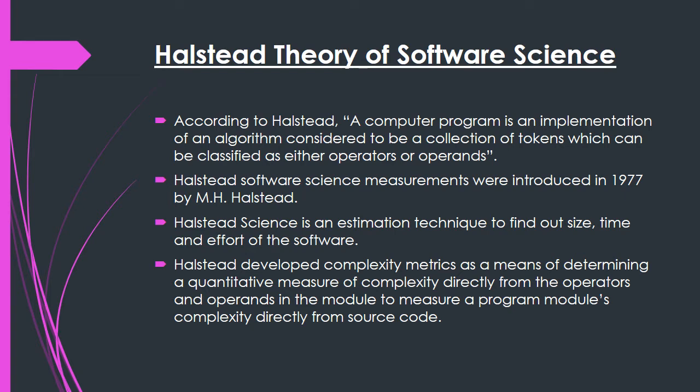So basically we can say that the Halstead theory of software science is based upon the counts of operators and operands, and it is based on interpreting the entire source code as a sequence of tokens, a sequence of operators and operands, and then we classify each token as an operator or an operand. With the help of these tokens only, we will be able to find out the entire size, the time and effort required to develop a particular software, and the complexities can also be found directly from these operators and operands, or directly from the source code.